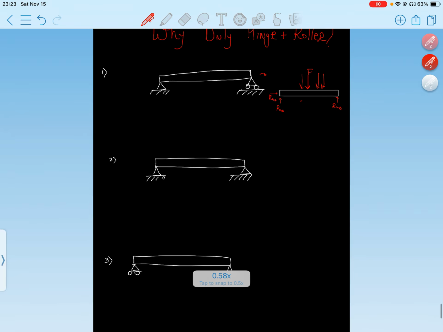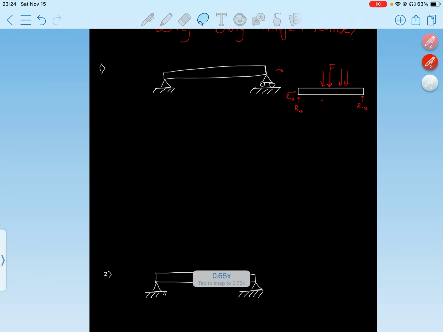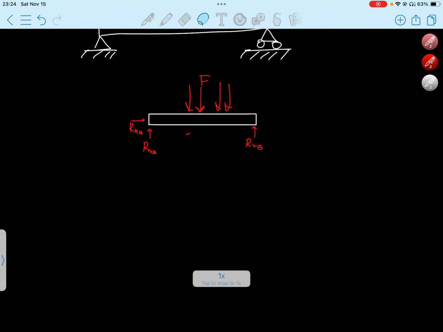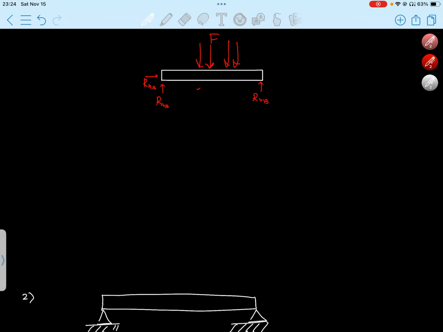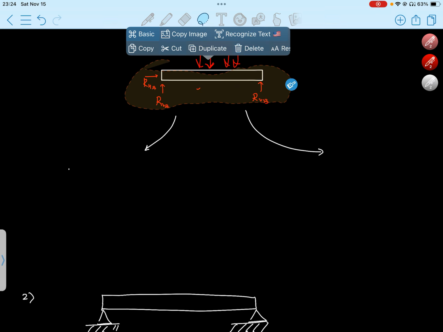One of these two possibilities can happen. Let me just clear some space. If we push down on this beam, one of these two possibilities can happen. Either our beam, let's just copy this beam,